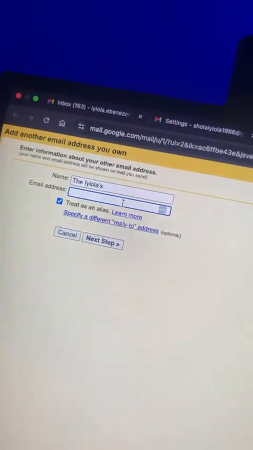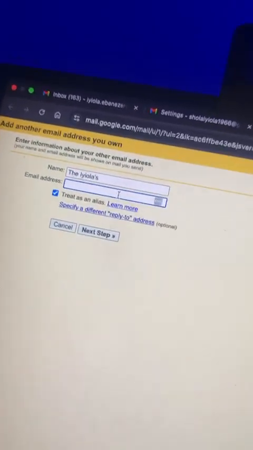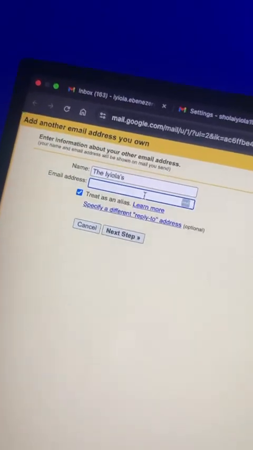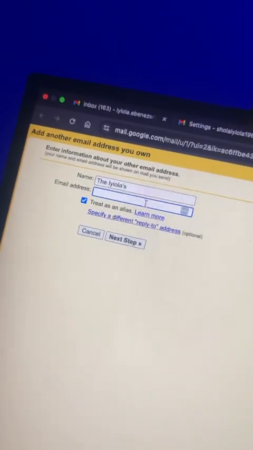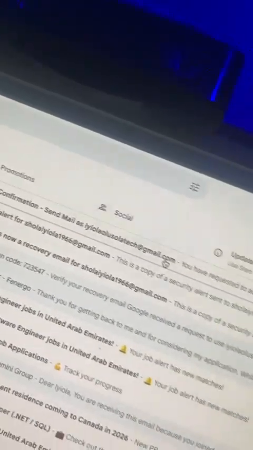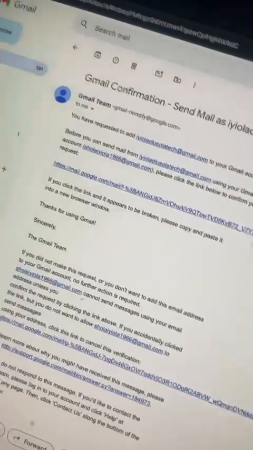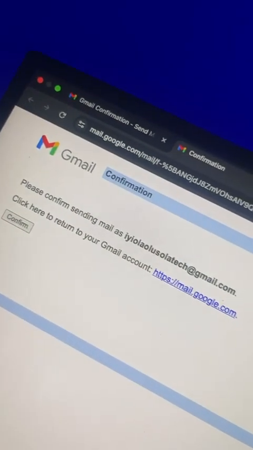If you have a problem opening a private email, you can contact me and I will help you on that, or I will explain to you how you're going to get through it. So after that, you go to the next step, and they are going to send a verification code. You confirm the code. Once you confirm the code, it will tell you